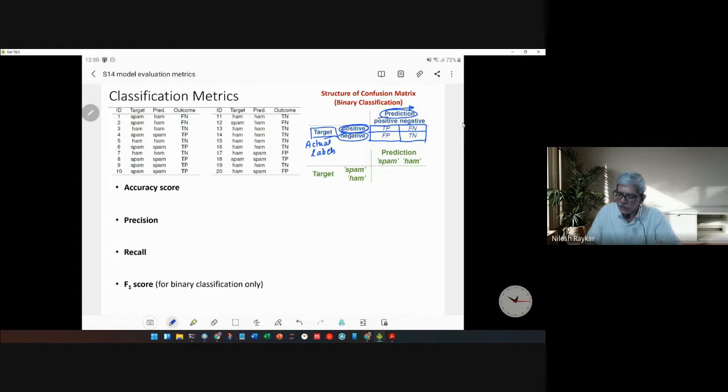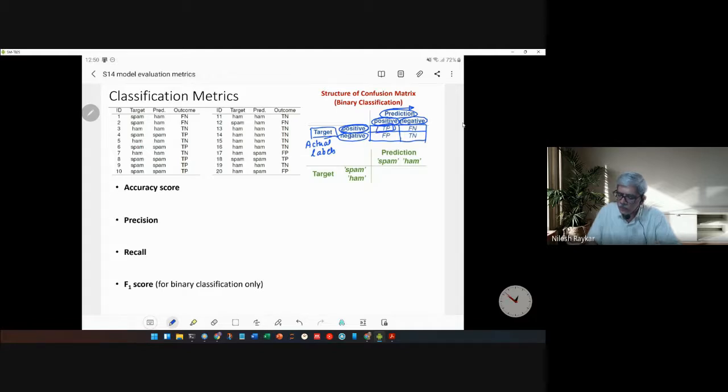And on this axis, you are putting how many positive predictions there are, that is, how many predictions are spam emails, and how many predictions are negative. Negative predictions means not spam emails as predicted by your model. So the numbers we previously calculated are put in this matrix in this particular fashion. So that is what is written here. So this particular block will correspond to true positive.